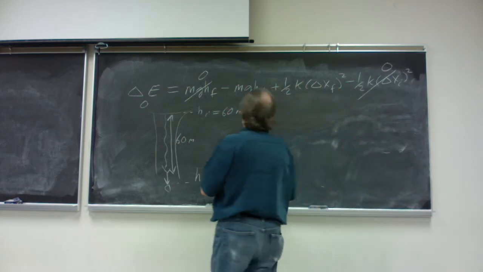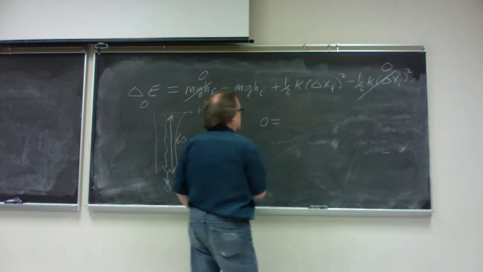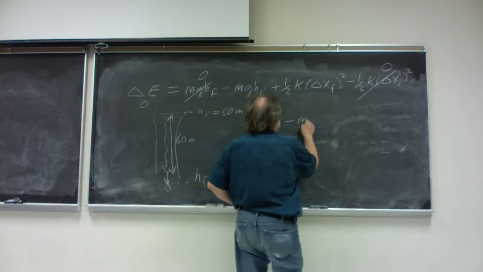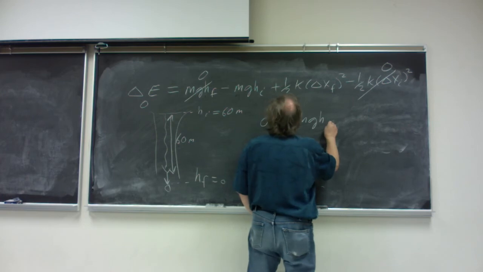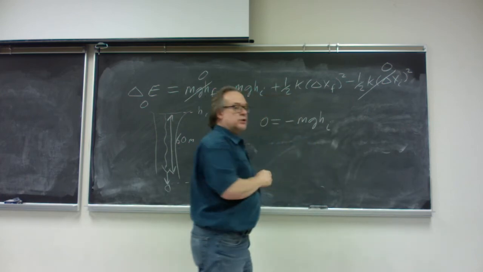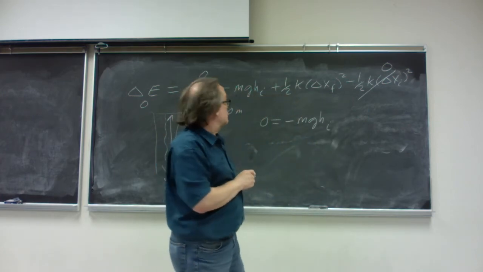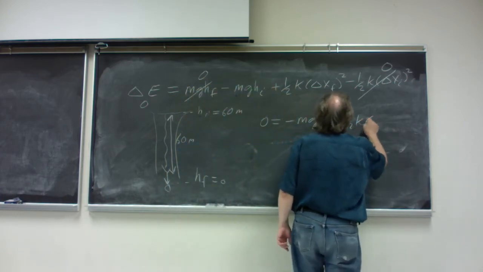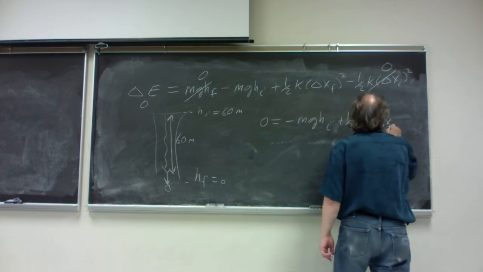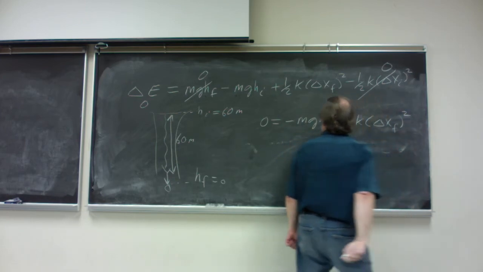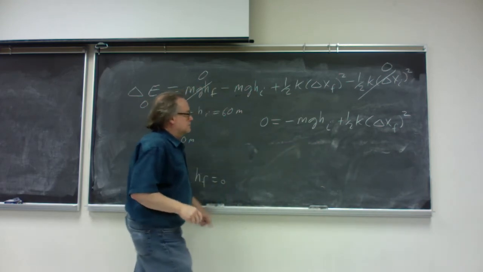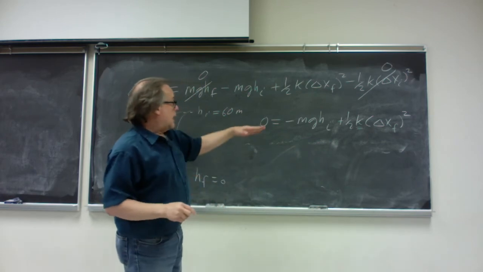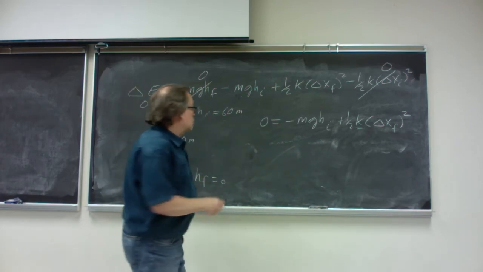And that'll look like this. 0, the change in energy, is equal to this term, mgh initial gravitational potential energy, plus 1/2 K final amount of stretching squared. Or, this is the thing that we're trying to solve for. So add mgh_i to both sides of the equation, and we have